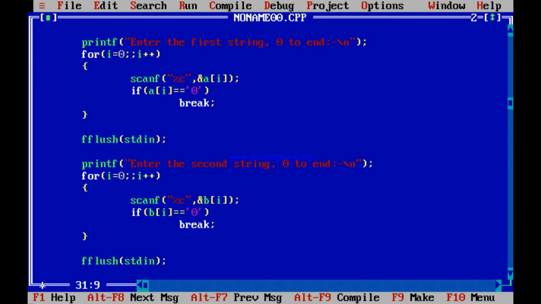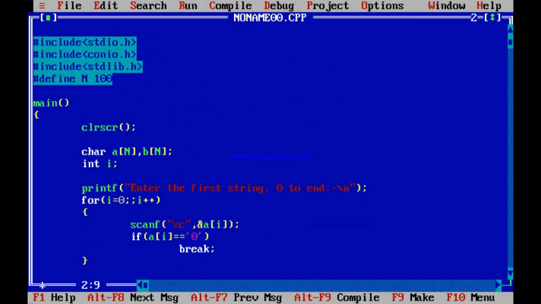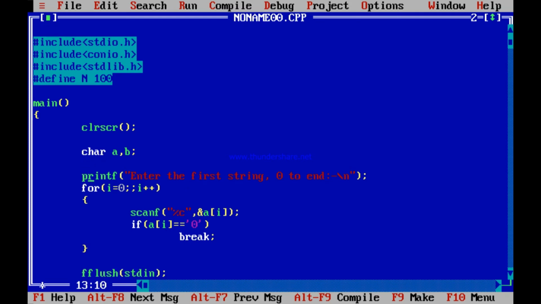I think you have understood this quite well, but one last thing: if I don't deal with character arrays but only deal with 2 characters, like I did for integers where I dealt with 2 integers, then also can such a problem occur? Yes, it can occur. In fact, it can occur in a bigger way. Say I say character AB, enter the first character. I write enter the first character followed by this. So what should I do? I should scan that character.